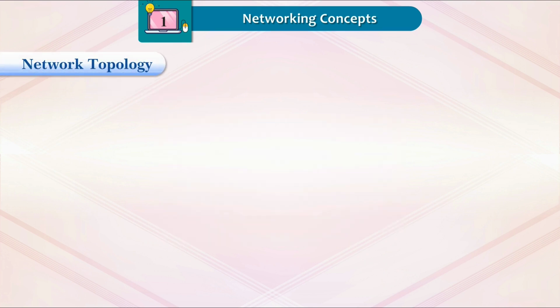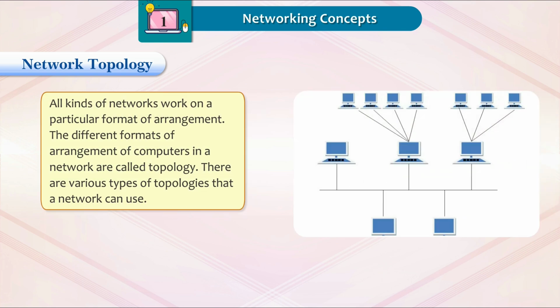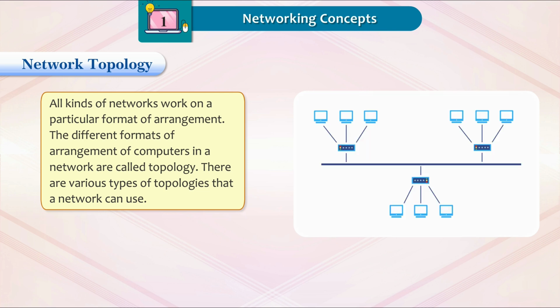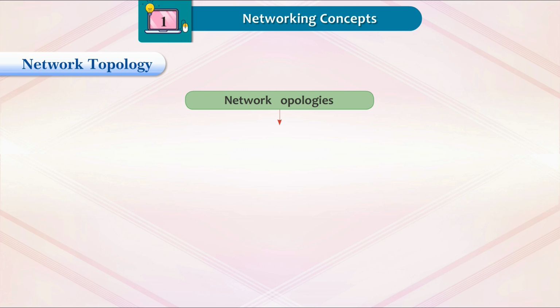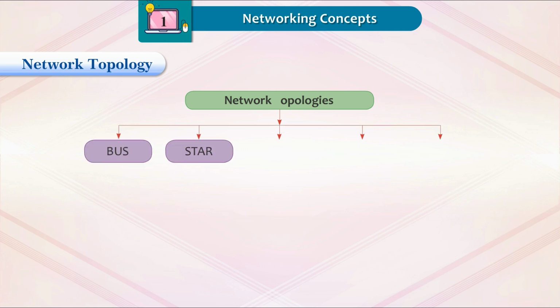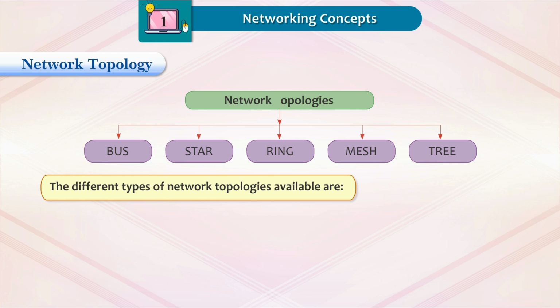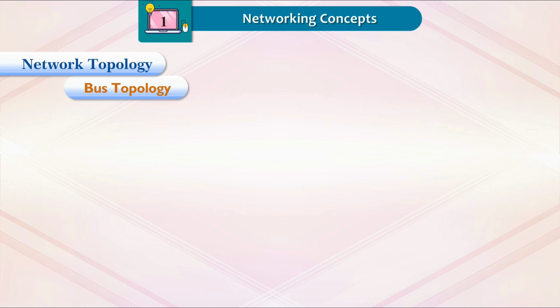Network topology. All kinds of networks work on a particular format of arrangement. The different formats of arrangement of computers in a network are called topology. There are various types of topologies that a network can use. Network topologies: bus, star, ring, mesh, tree. The different types of network topologies available are: